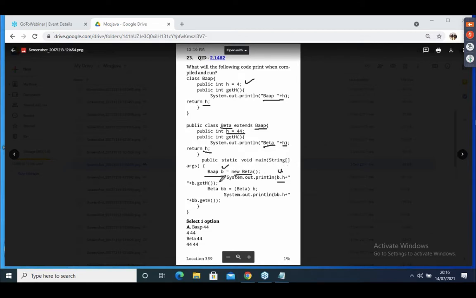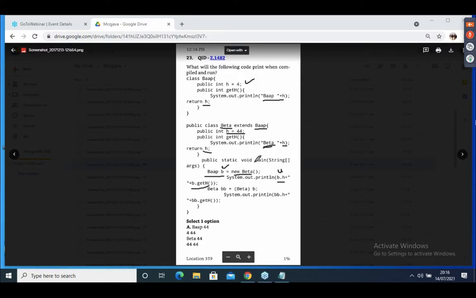Then you are calling b.getH method. b.getH method means it takes the overridden implementation. The getH method is overridden, so take that implementation. What is there here? Implementation Beta H. Beta H means what is there? Here it prints 4. b.getH is overridden, right? The overridden implementation it will give.